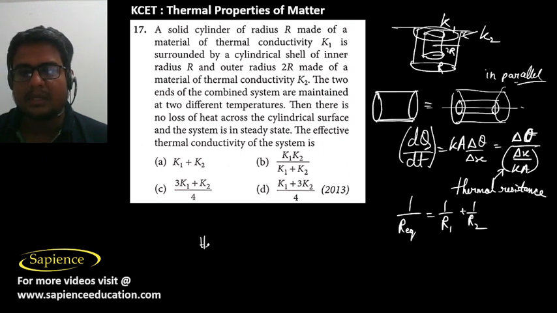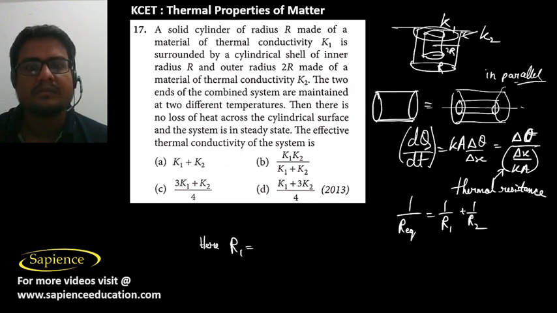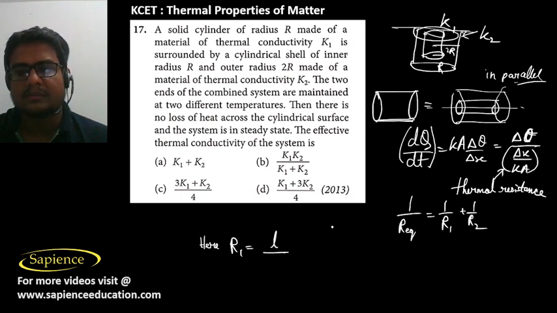So now here R1 is equal to, length is the same, radius, okay, so L by K1 into A. Area will be the area of the inner cylinder, that is pi r square,